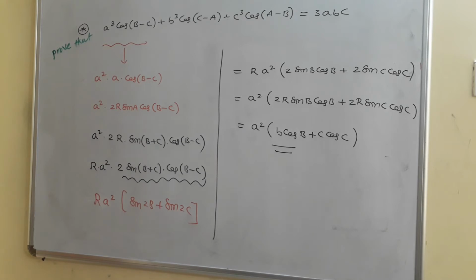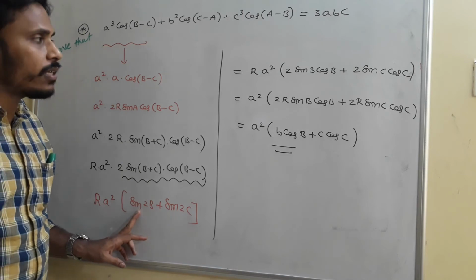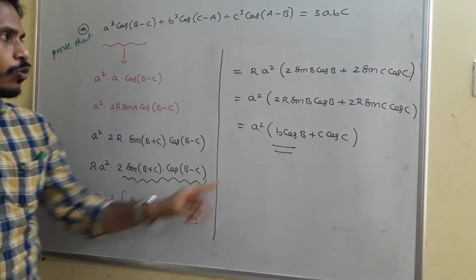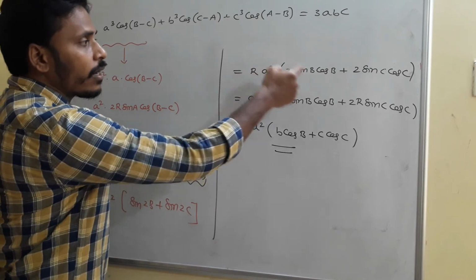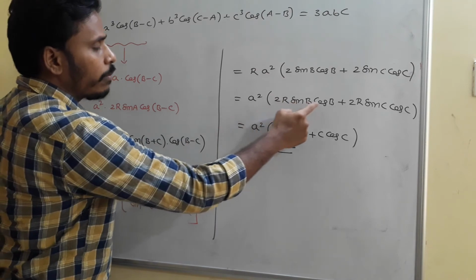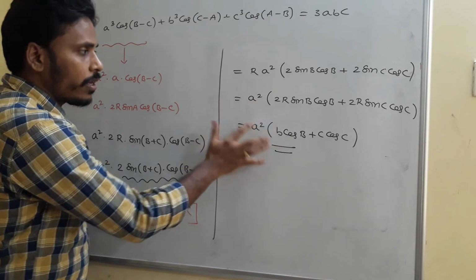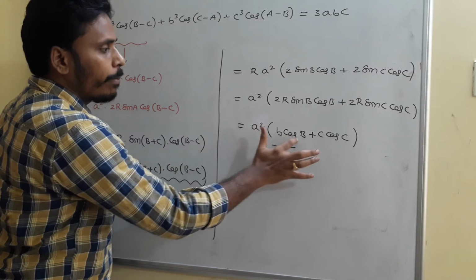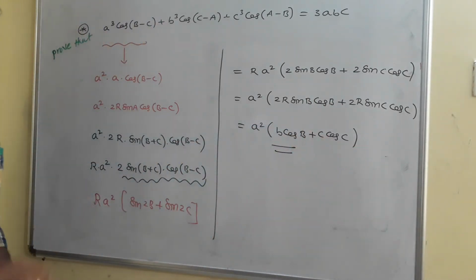Just look there, okay. So here I have a square of r (sine 2B plus sine 2C), and this sine 2B is 2 sine B cos B, and this sine 2C is 2 sine C cos C, the sine 2 theta formula. And in the next step you just send this r inside again. a square is out. If r goes in, then it becomes 2r sine B cos B plus 2r sine C cos C. Now a square is out, and here in the bracket 2r sine B is b by sine rule, b cos B, and 2r sine C is c, and c cos C. Just take a screenshot till now, okay.